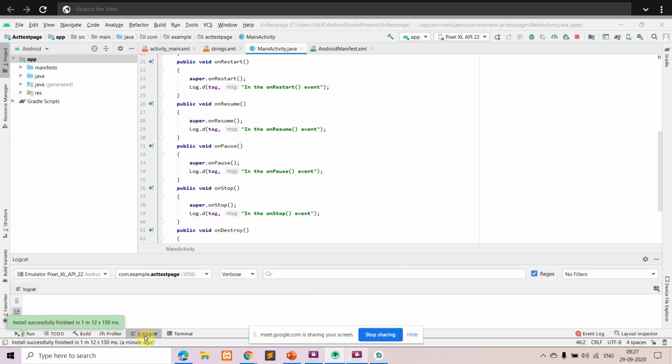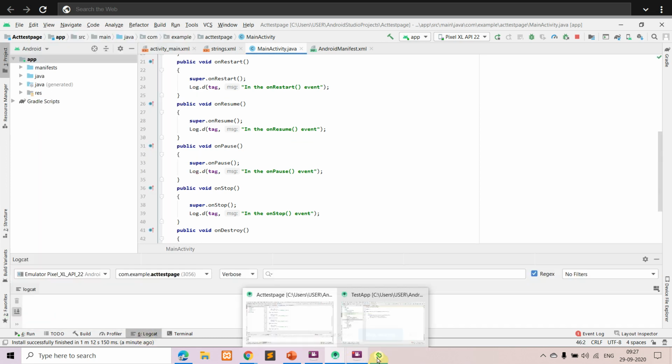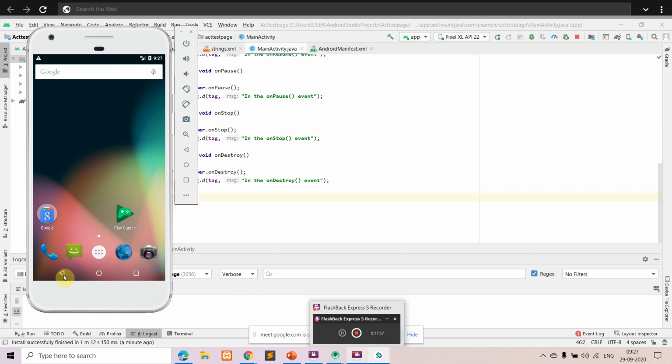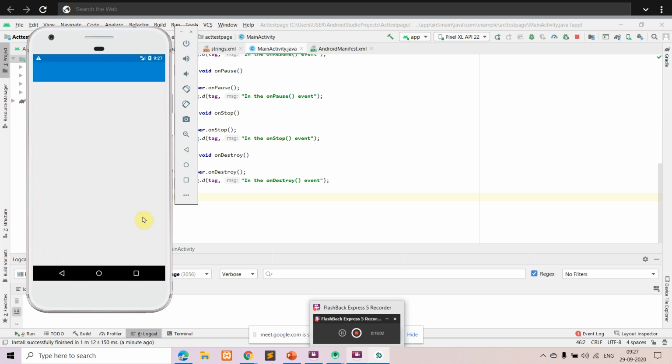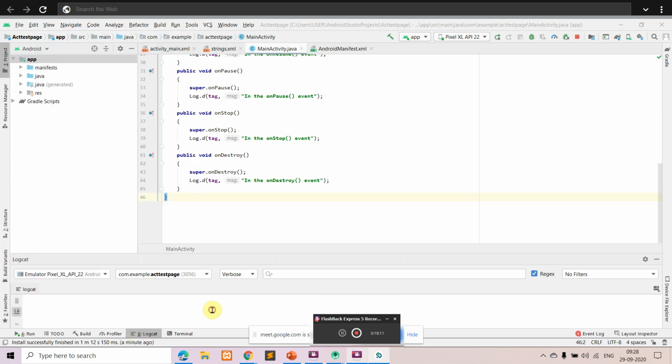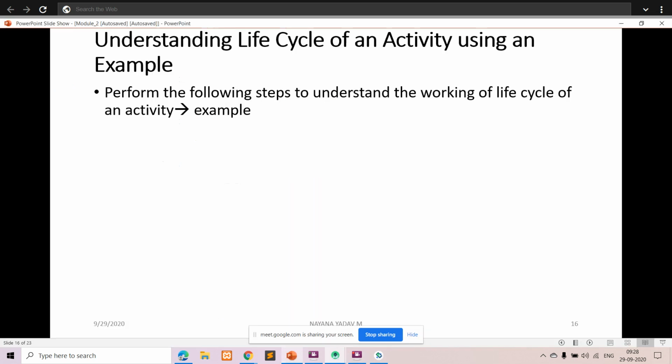Now suppose I'm clicking on back. So all those events will be displayed here. Okay. So just continue. It's taking a lot of time.